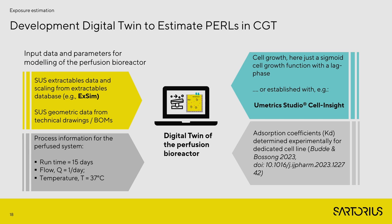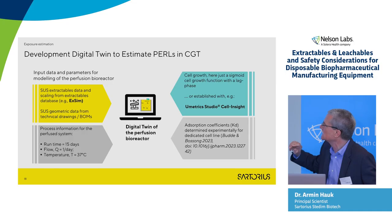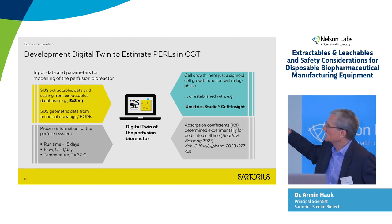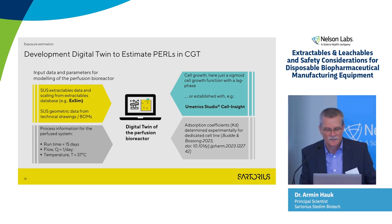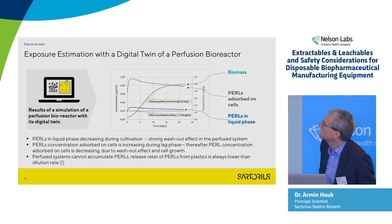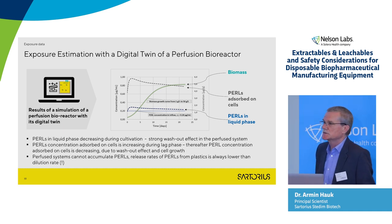This is the adsorption coefficient of the leachable with the cells. And here you have only one possibility. You have to make a dedicated experiment. I had a PhD student who did some work on that for me, for T cells and CHO cells and some other cells. This is published, and a nice protocol is published there, giving you some guidance on how you can determine these adsorption coefficients. And then you have a digital twin, and this digital twin can then calculate the trajectories of